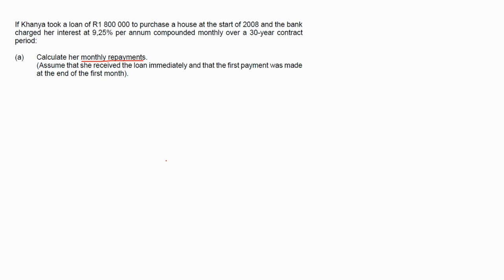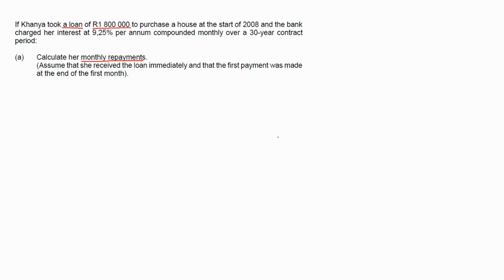Now, are we going to use the future value annuity formula or the present value annuity formula? Okay, we need to highlight our key points again. So if Kanye took a loan, so this is a loan. Okay, so for a loan, we use the present value formula, isn't it? Present value annuity formula, right? And then the amount is